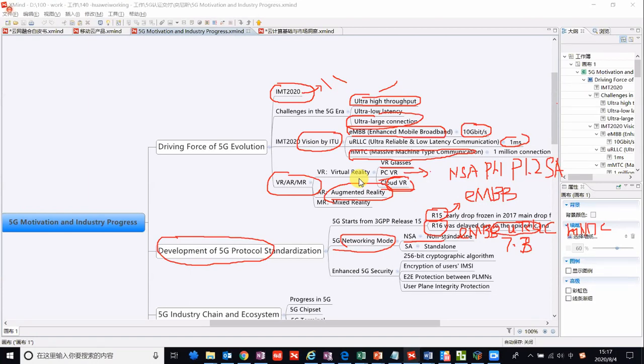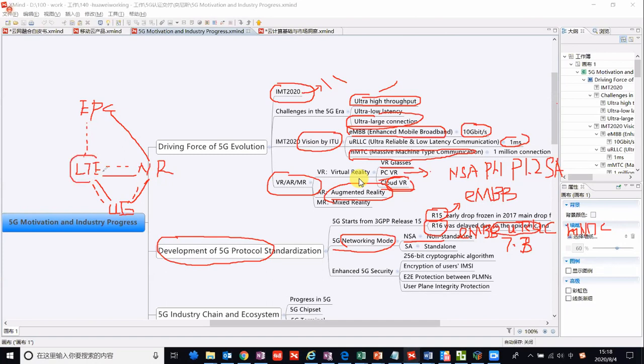NSA means the 5G NR is deployed with 4G, and the 4G base station is the anchor and goes through the signaling, EPC, the 4G base station LTE, and the NR, UE, EPC.